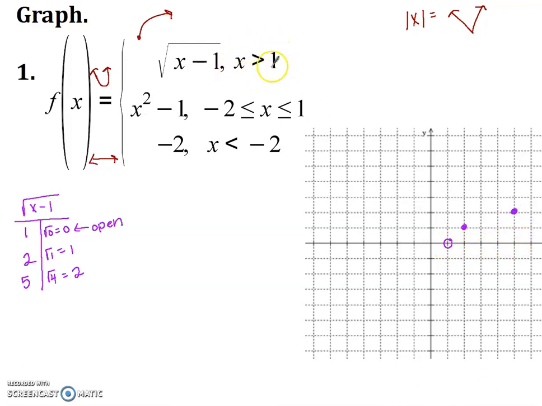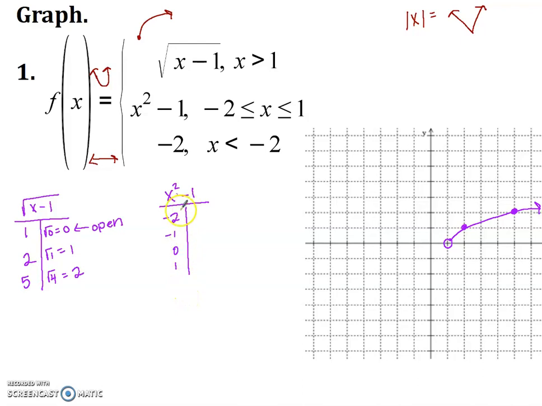Okay, so this tells you the value to start at, so we start at 1, and since it was greater than, I started plugging in numbers bigger than 1, and then these would just continue to get bigger and bigger, so I put an arrow on that right end. Okay. Then that second equation, that's x squared minus 1, and this time they tell us to graph everything from -2 to 1. So I'm just going to plug in all the numbers